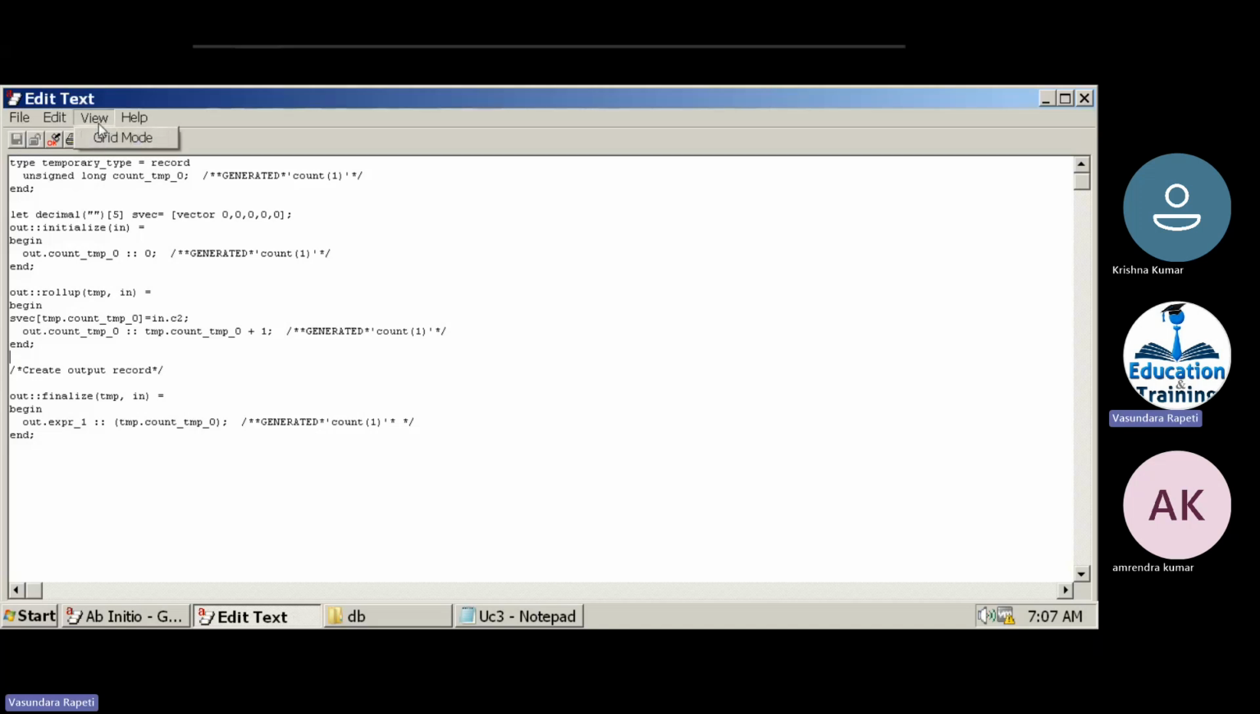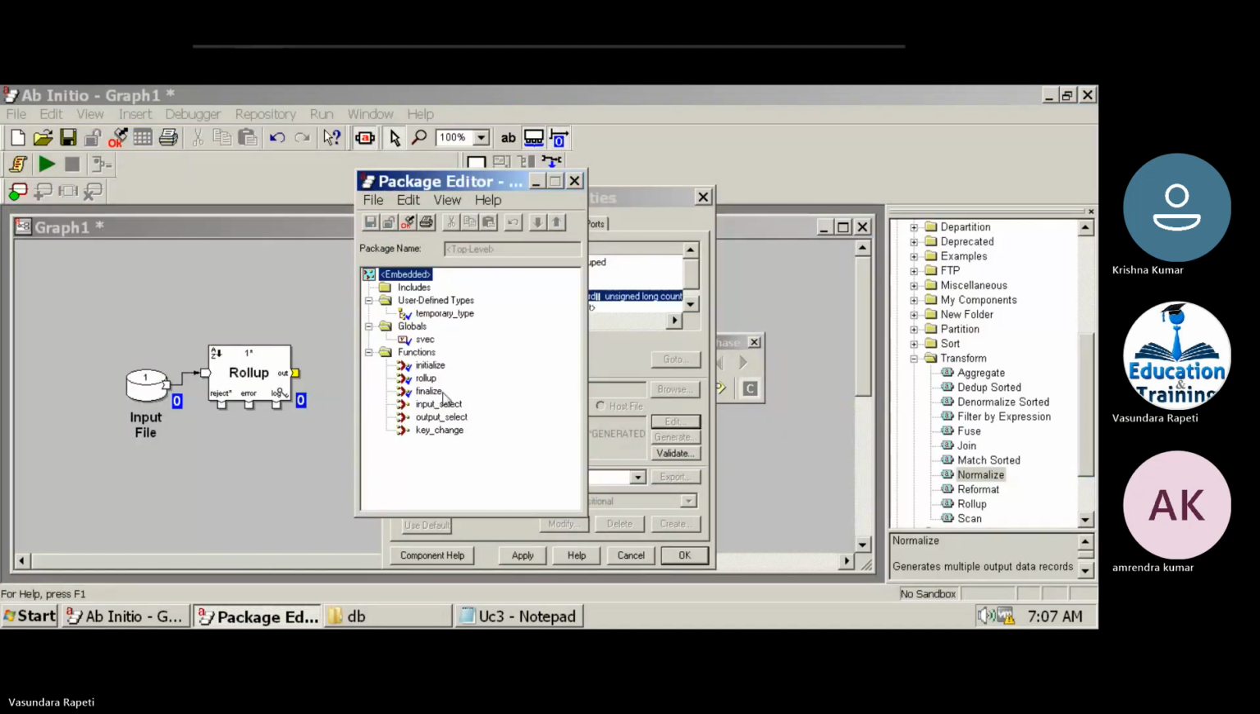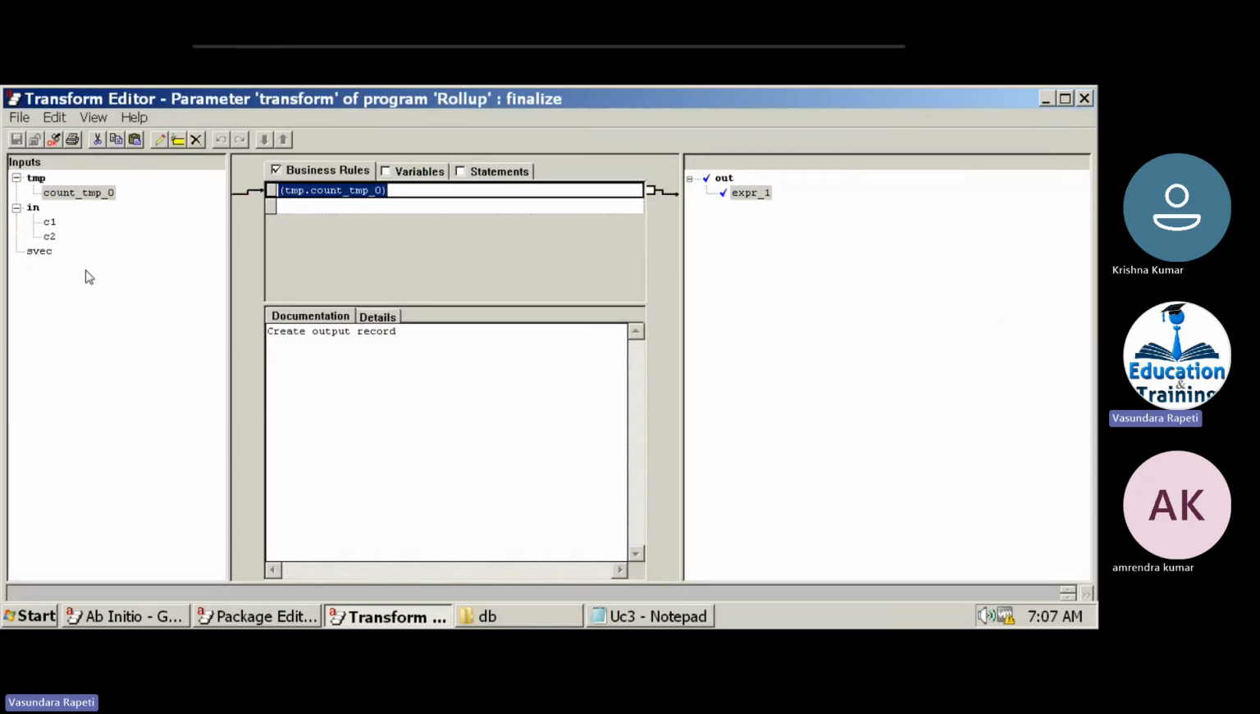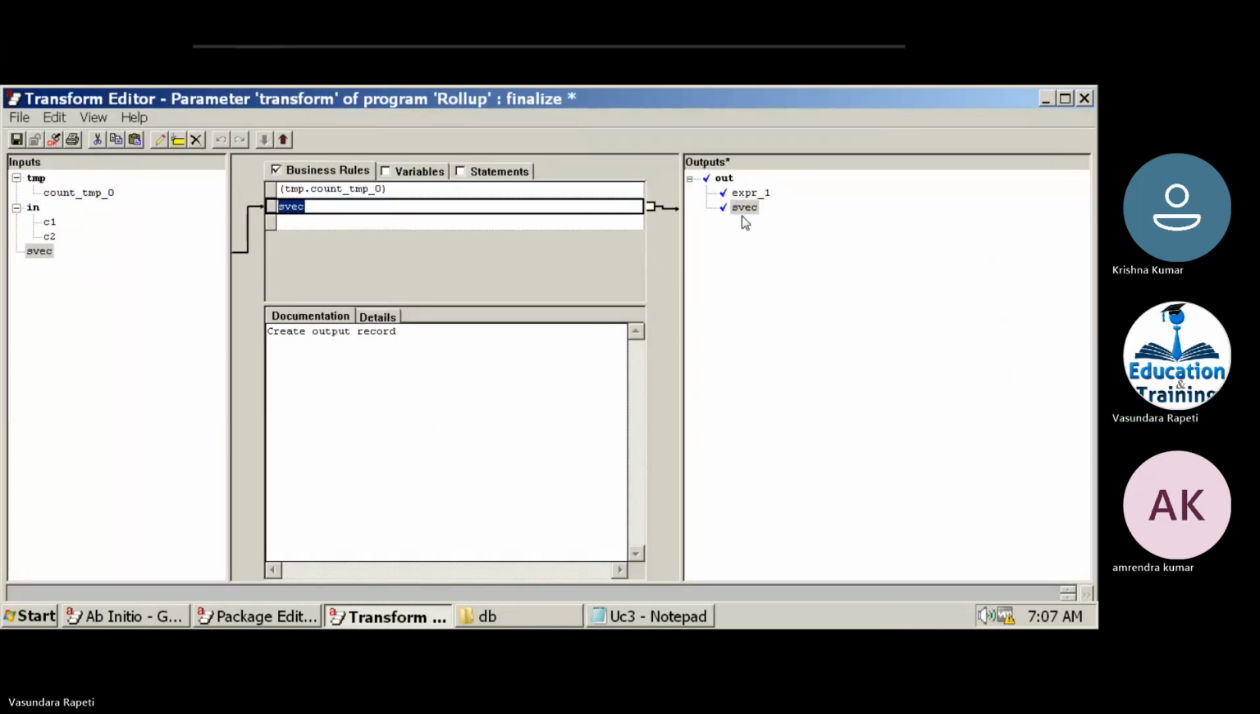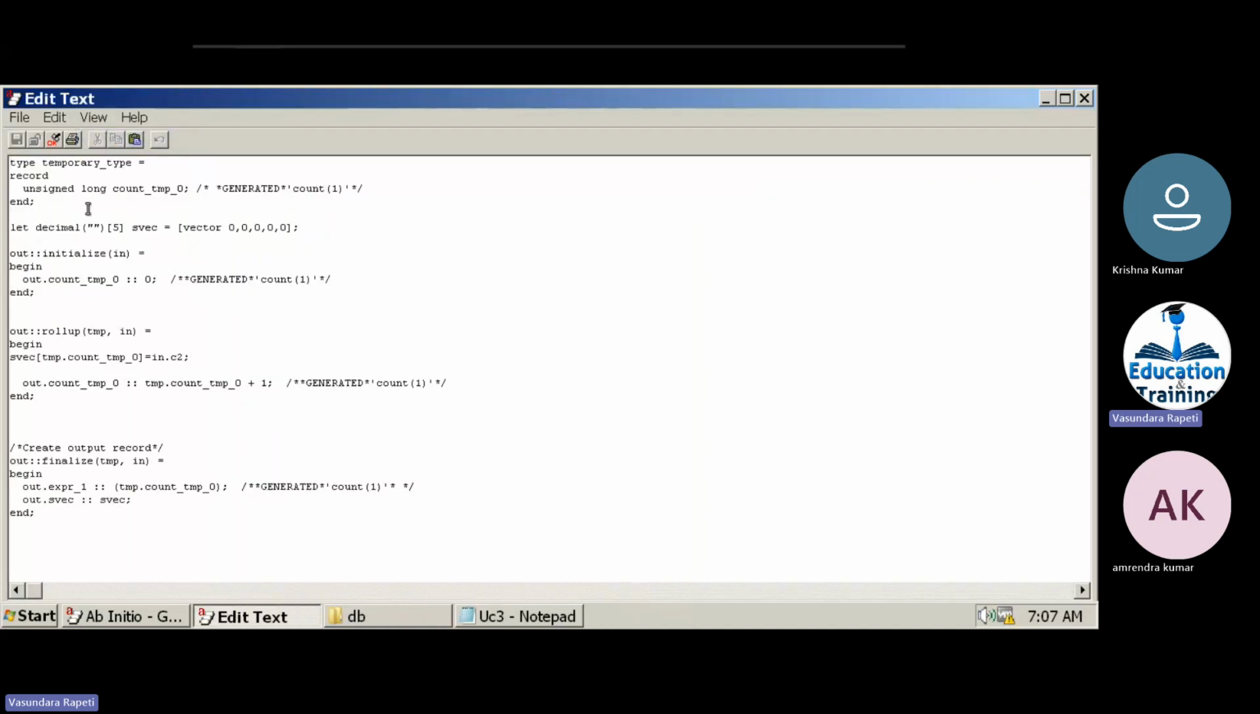So this will be the accumulated vector in finalize. Once it is done, then reverse. Actually, I don't have a vector accumulation function. I can write a loop and take a reverse counter or